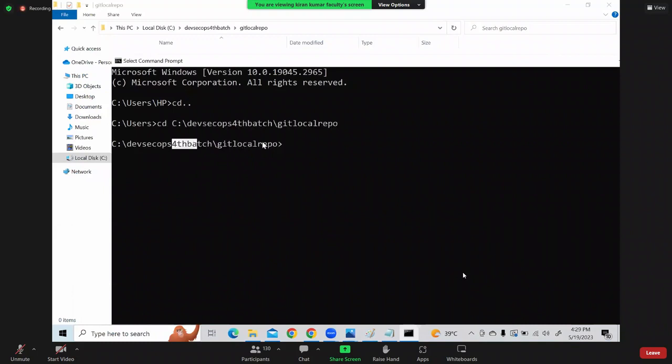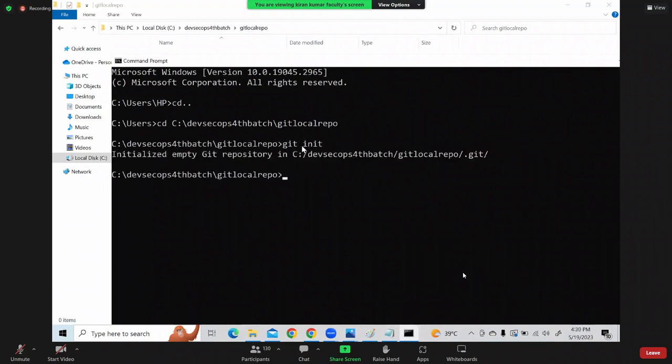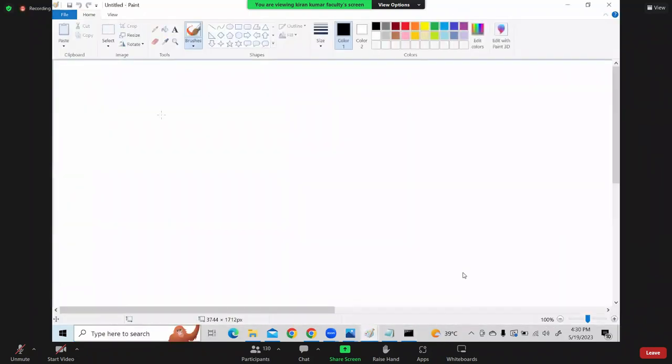So now I'm in this folder. Now just say git init. Okay. So what git init will do is, I'm typing this, and it gave a message like initialized Git repository in this. That means I am making this folder or this directory a Git local repository. Okay. So in my local system,